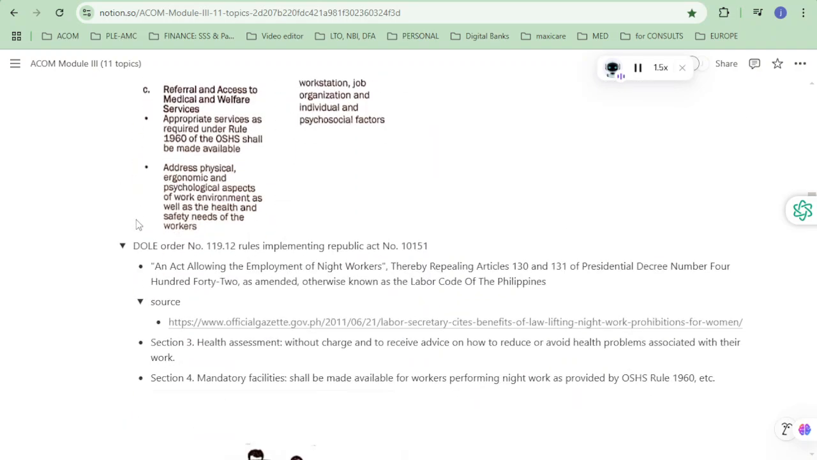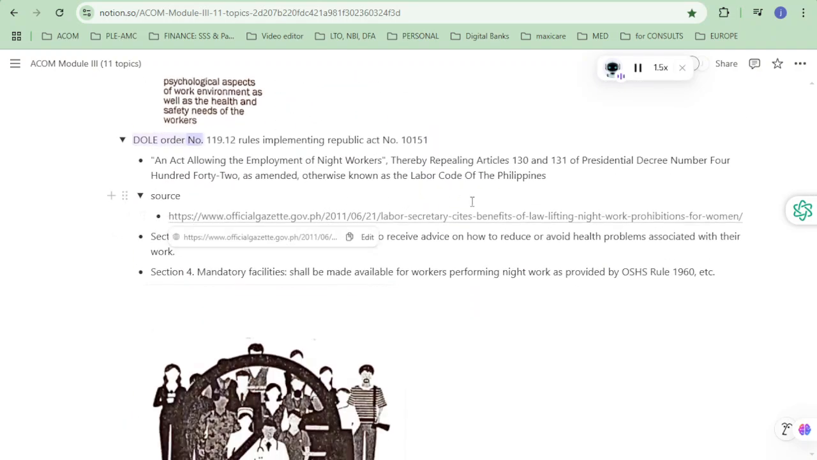ASCII. Alt. DOLE Order No. 119-12, Rules Implementing Republic Act No. 10151, an act allowing the employment of night workers, thereby repealing Articles 130 and 131 of Presidential Decree No. 442, as amended, otherwise known as the Labor Code of the Philippines. Source: